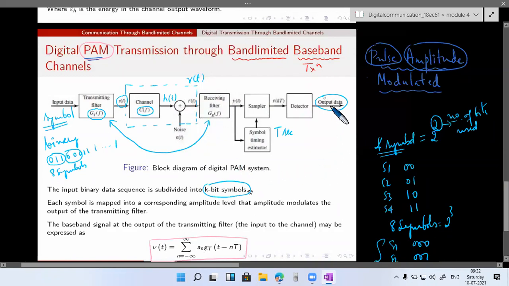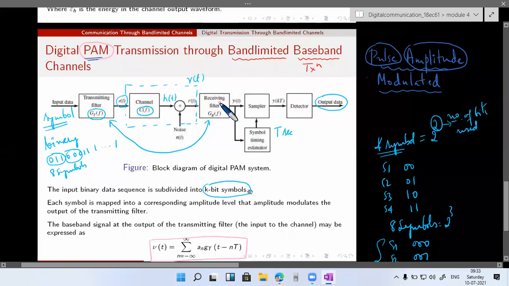So this entire thing can be thought of as the demodulator stage, where it consists of a lot of blocks. The very first block is the receiving filter, which is associated with the transfer function G subscript R of F, where R denotes that this block belongs to the receiving end, whereas the transmitting filter was associated with the subscript capital T, which denoted that it belonged to the transmitter section. That's the only reason behind using this subscript, just to differentiate between the transmitting filter and the receiving filter.